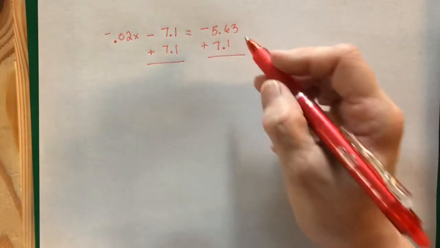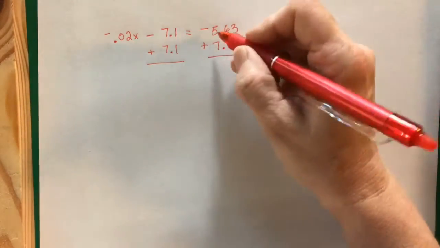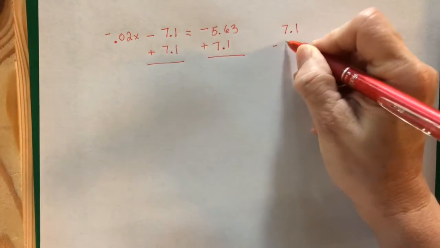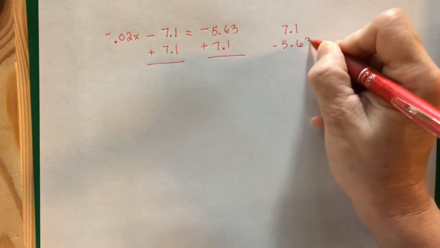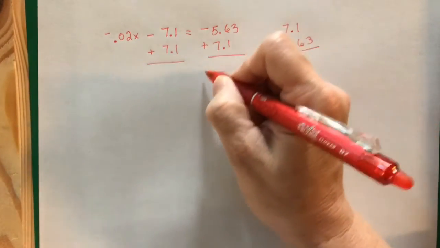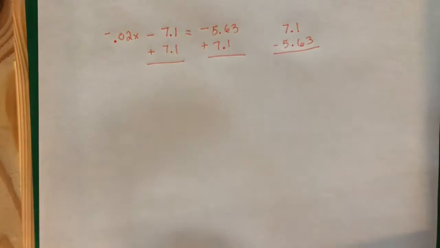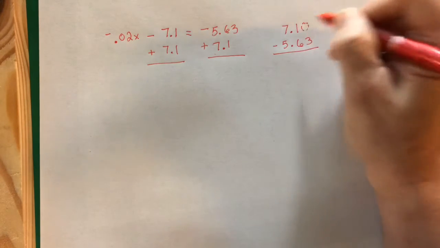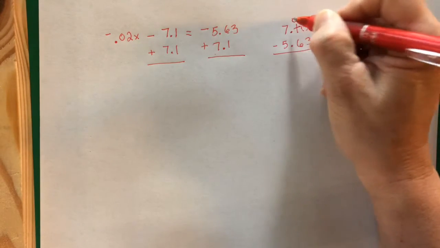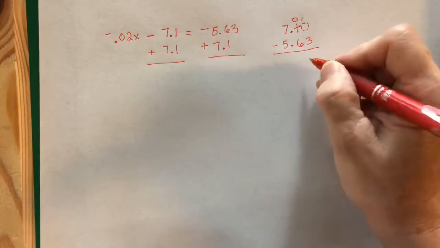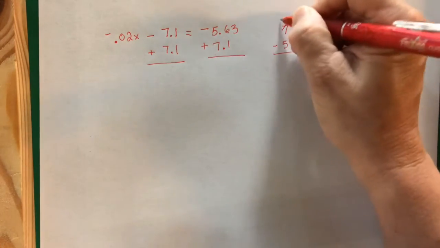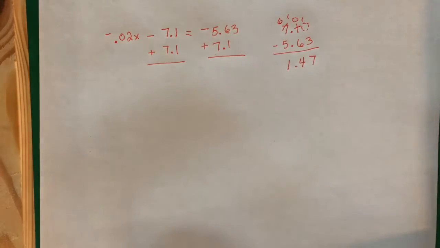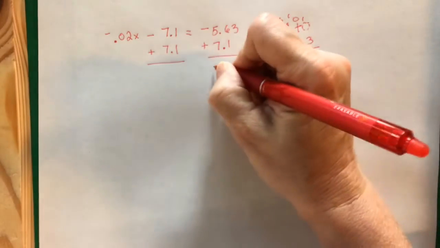But here, this number is a positive, and it's the larger one, so I'm going to do 7.1 minus 5.63, and then I'm going to come up with a positive answer because my largest absolute value is the positive one. So I will put, you could put a 0 in here if you need to, and this becomes a 0 because we're going to regroup, and I get 7. Now I have to regroup again, and I get 4, and this will be 1.47. Now I'm just going to write the 1.47 here